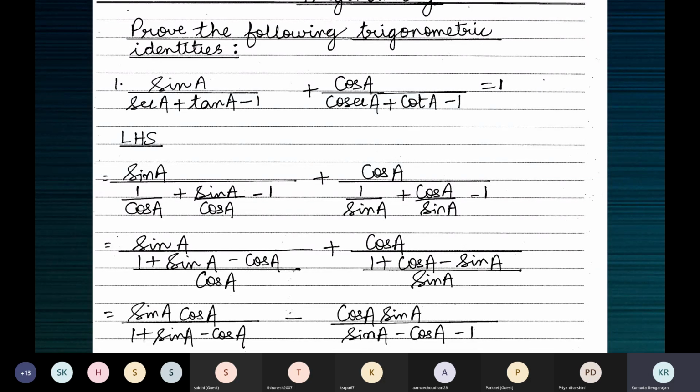So this will go up. You use that: this is the numerator divided by this is the denominator. When you take the reciprocal, this will go up here. So sin A cos A divided by this, plus this will go up to the numerator. So sin A cos A again, or cos A sin A by... I just rearrange every time. You'll have to look out for that. See, 1 plus sin A minus cos A. And this one, what have I written? Sin A. Okay, again, I'm used to this. Tell me the step which I've missed here.